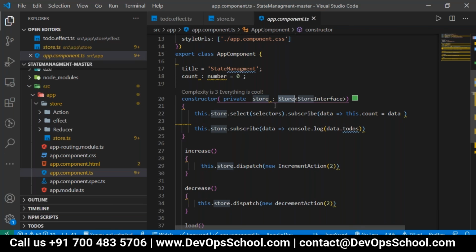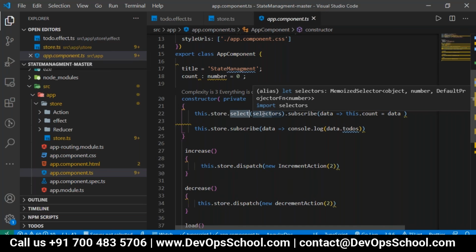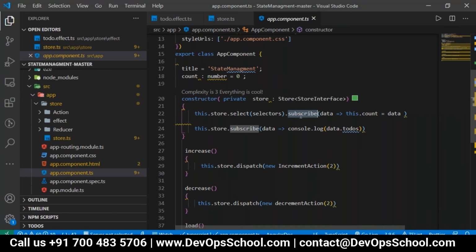We have this.store.select method, which is calling the selectors, which call the subscribe method, and we take the count we want to give. Then we are doing this.store.subscribe. Why is it the subscribe method?